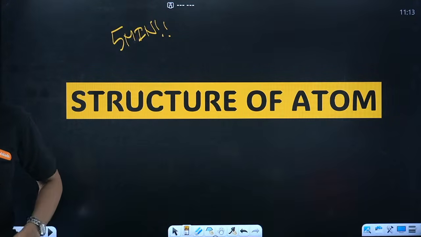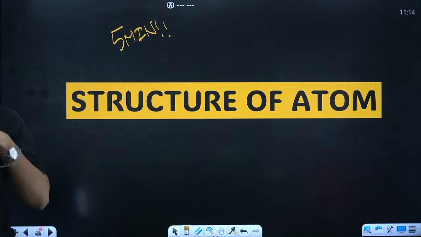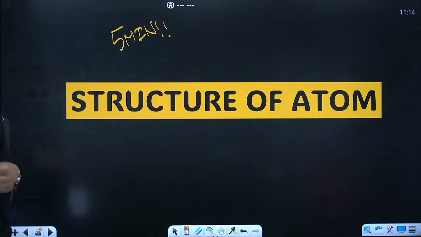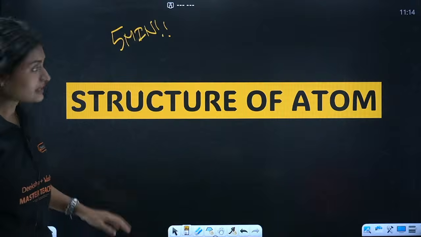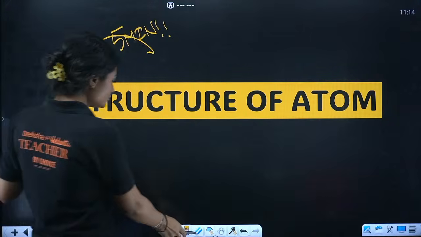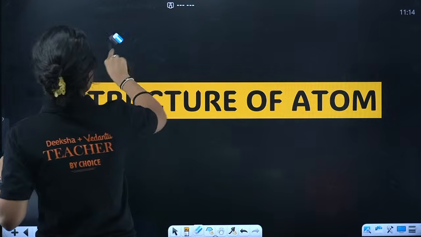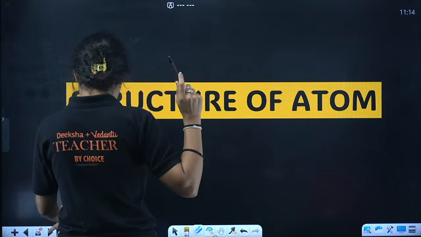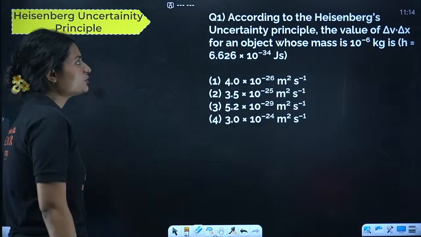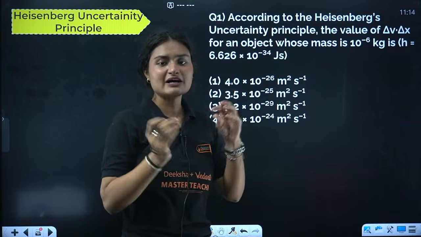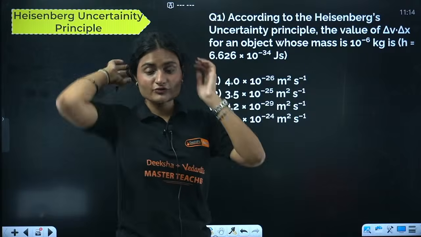Good morning everyone. Okay, so let's start. The break is over. Let's finish it. We have structure of an atom. As I told you, be ready with your pen and paper, because in this you will be doing the calculations. First question: according to Heisenberg uncertainty principle, the value of delta V times delta X for an object whose